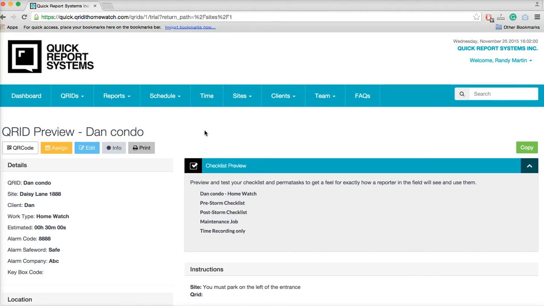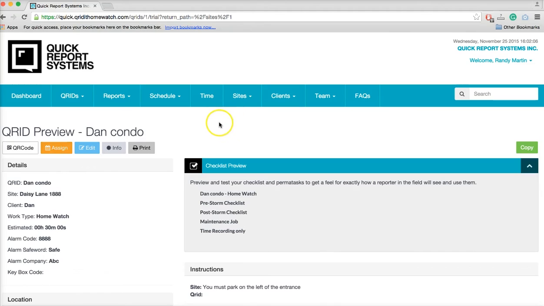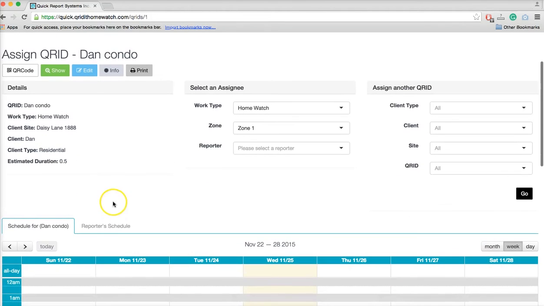you now want to assign this. All we have to do is simply go to the assign. There are 3 different ways to make an assignment in the scheduler. This is number 1. You can assign it here by simply clicking on the assign button, and the information comes up automatically. The information on the details: it's a home watch, it's in zone 1, and we just simply choose the reporter,